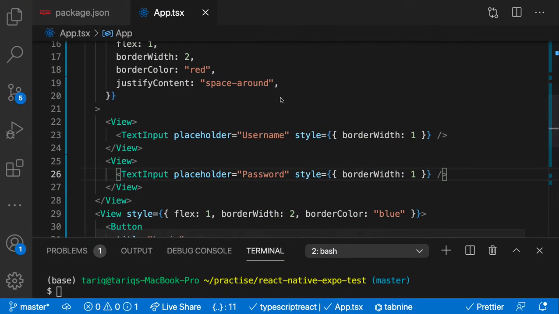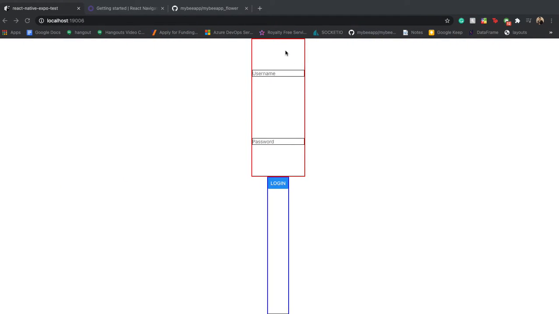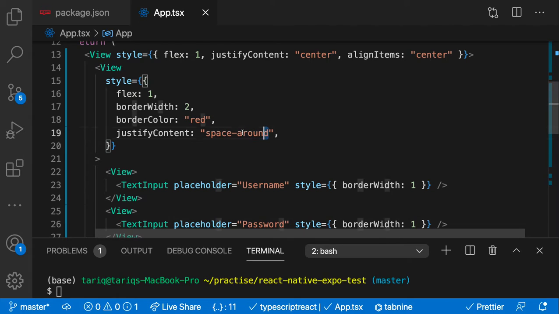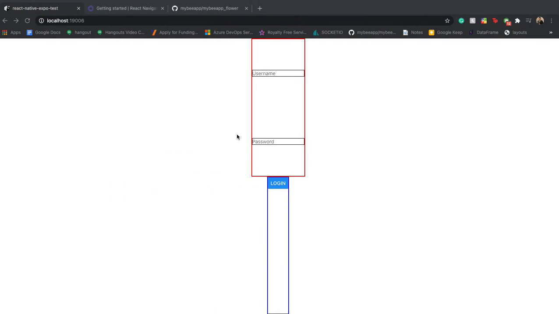spacing because it's spaced around. I wrote space around this one, right? But what I want is space evenly. I don't want space around. Doesn't look good to me. So I'm gonna do space evenly. If I do space evenly, you see they're equally spaced now,